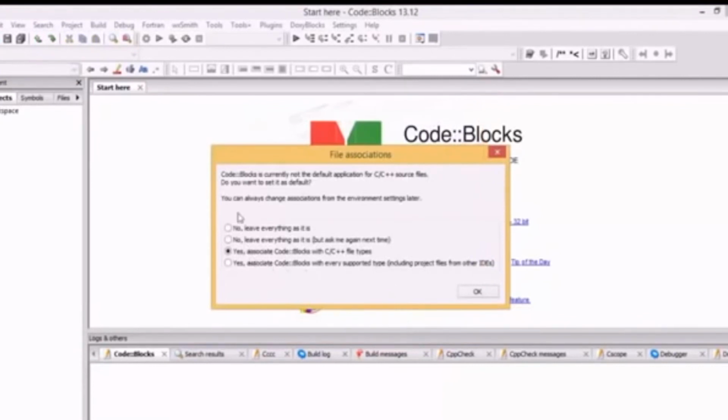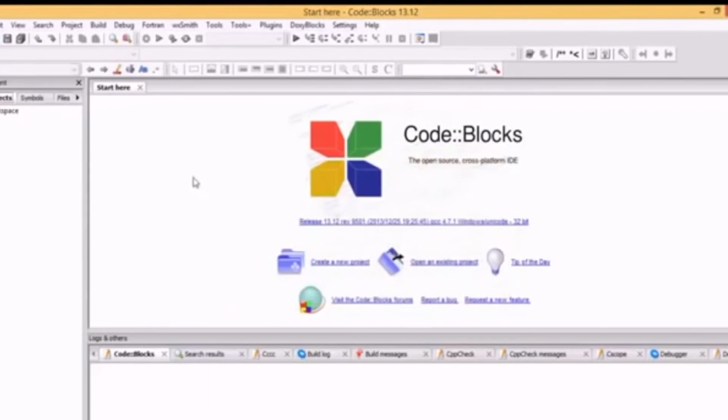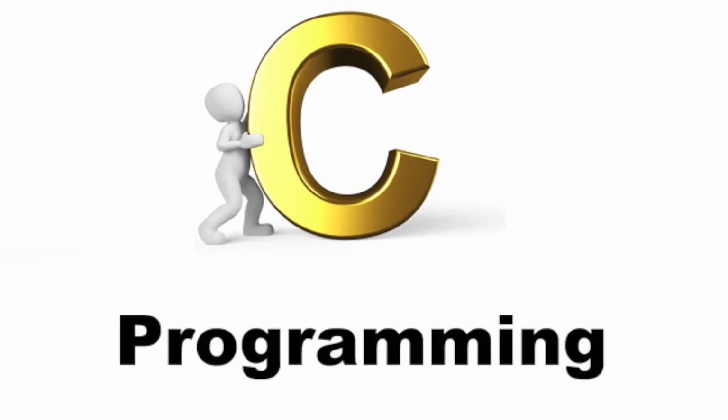And you can see here Code::Blocks is currently not the default application for C and C++. Do you want to make it the default? If you wish, you can make it the default, or you can leave this. So I will just close it for now. I don't want to make it the default, but in this way you can install it.